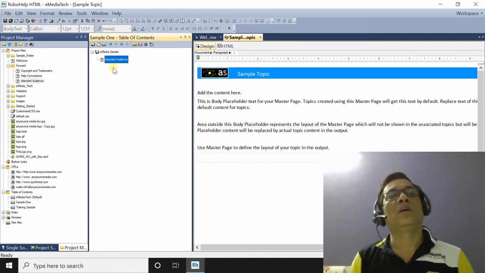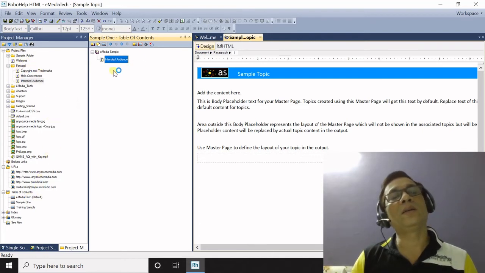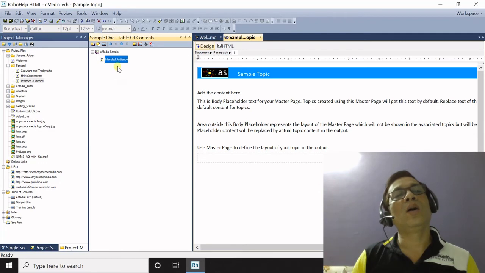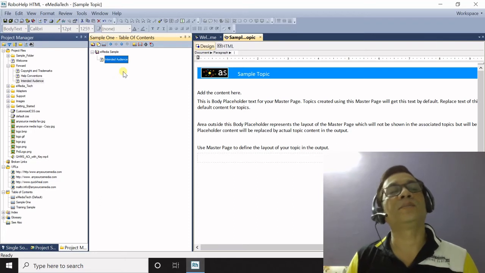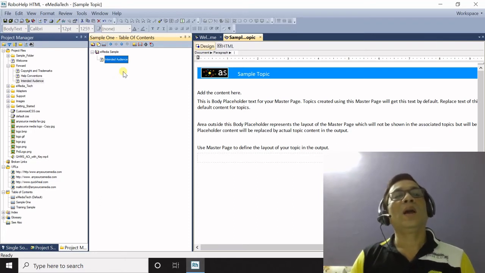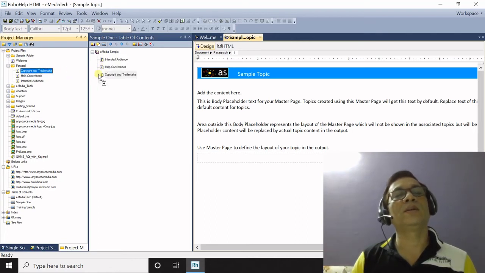Here I would like to add one thing, that it is not necessary that you should be creating or adding all the topics from the project. Here you may have hundreds of topics in your project, but add only those topics here in the TOC that you actually require. Now I will show you how to add it smartly. You can drag any topic to this section and all these topics will be added automatically.